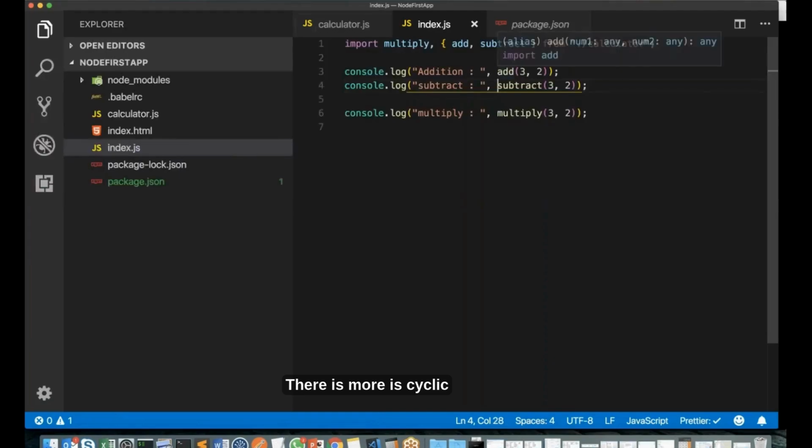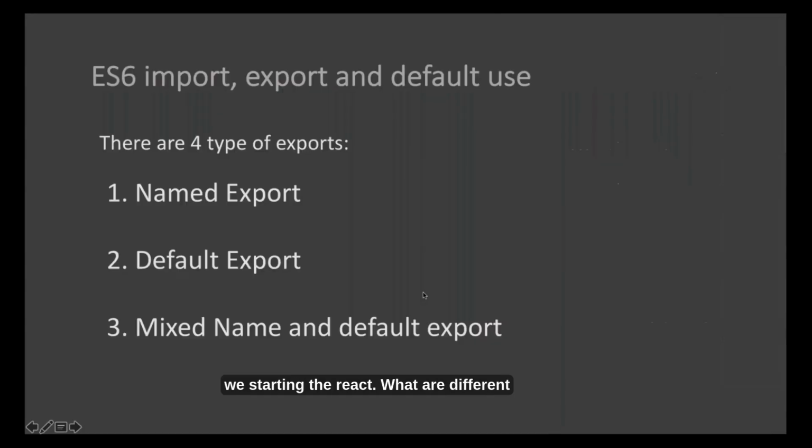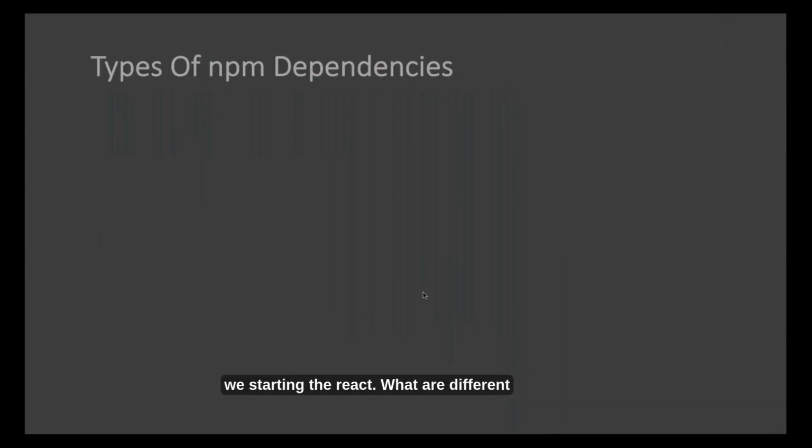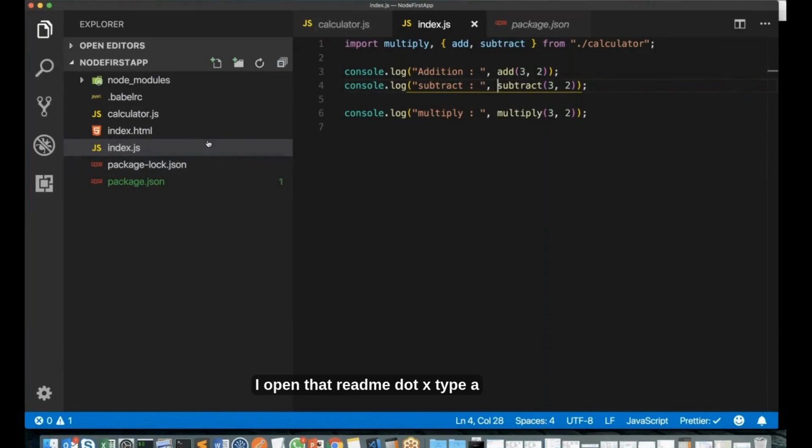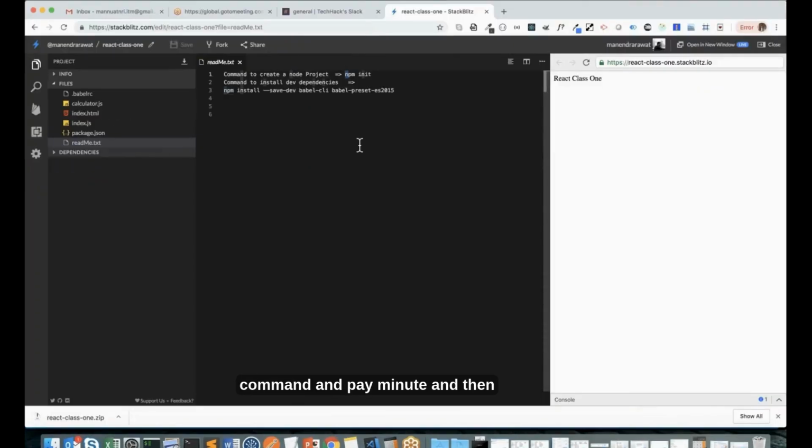That's it. There is one more, the cyclic export, that I will explain when we start React. What are the different types of npm dependencies? If you remember in our last project, what we did, if I open that readme.txt, type a command npm init,